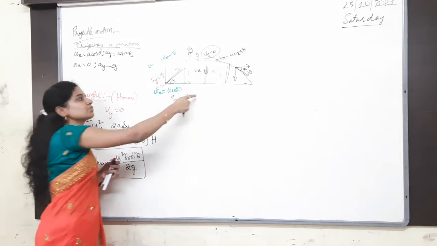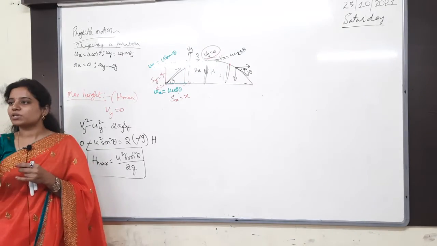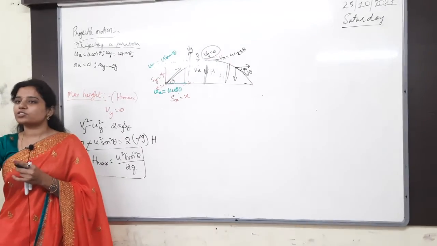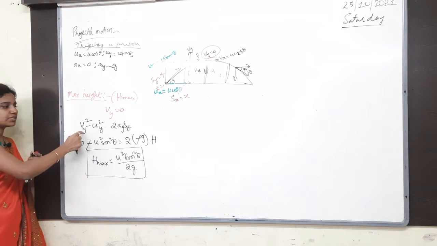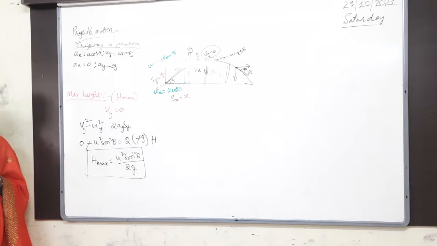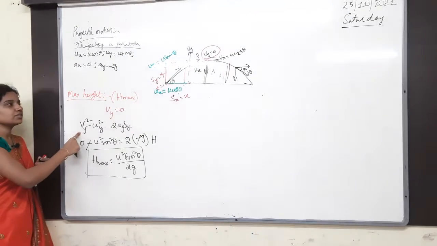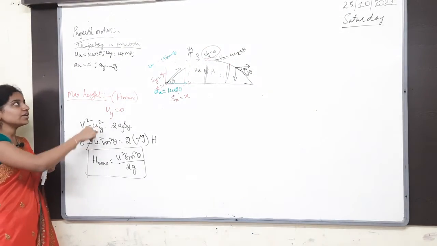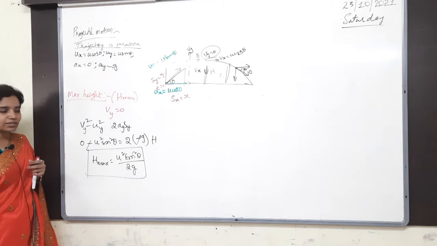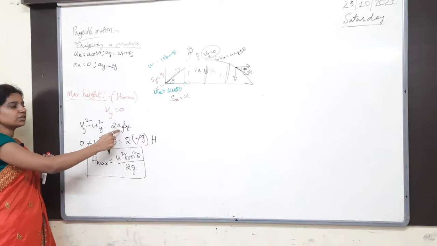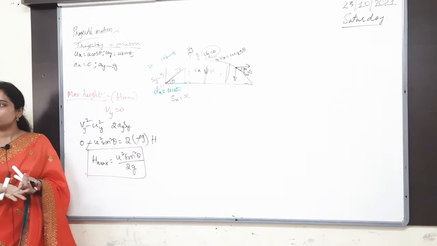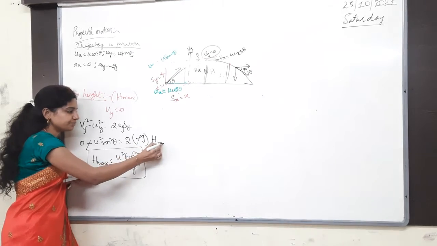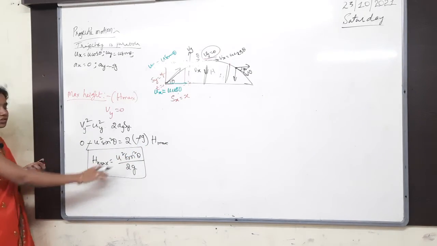I want to find the displacement. What is the relation between displacement and final velocity? V square minus u square is equal to 2as. Since I am talking about vertical, Vy square minus uy square is equal to 2ay sy. Vy is 0. Uy is u sin theta, squared, equal to 2 into ay, which is minus g. Sy is what I want to find, the h maximum. Then h maximum is equal to u square sin square theta by 2g.